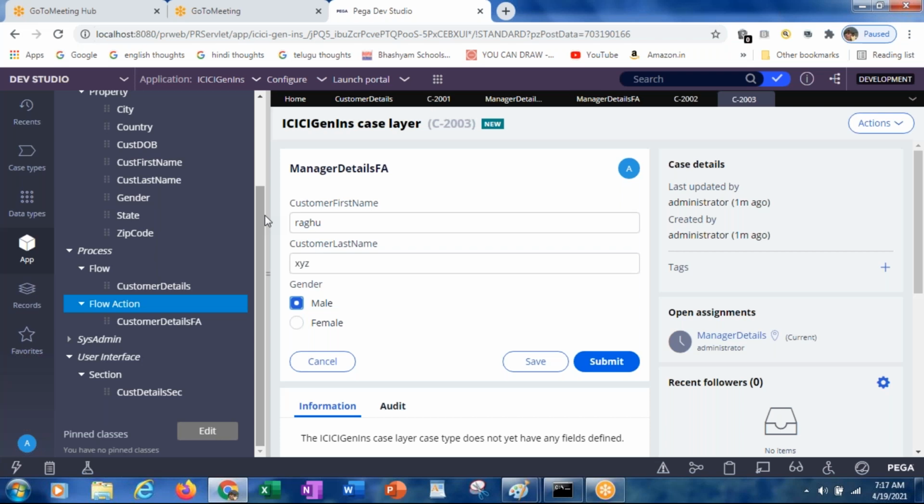Previously in the customer details flow action, I entered ABC XYZ. So when you come to the manager details flow action, it is also showing ABC XYZ. Now in the manager details flow action, if you update from ABC XYZ to Raghu, what will happen?